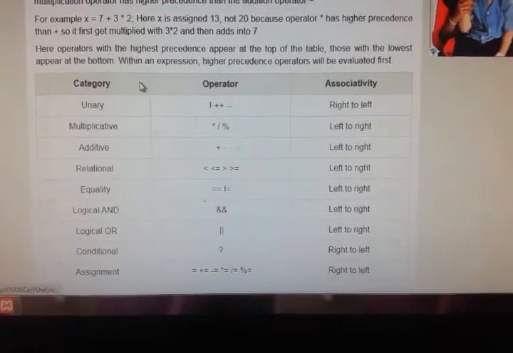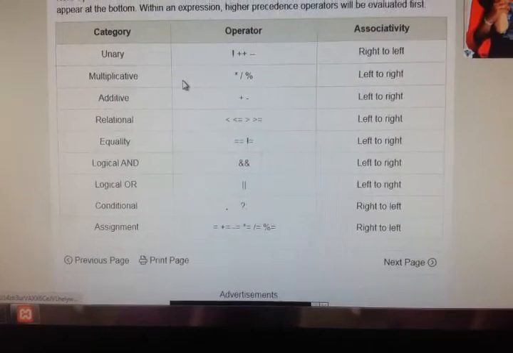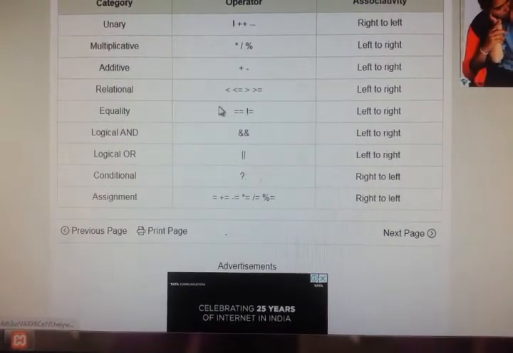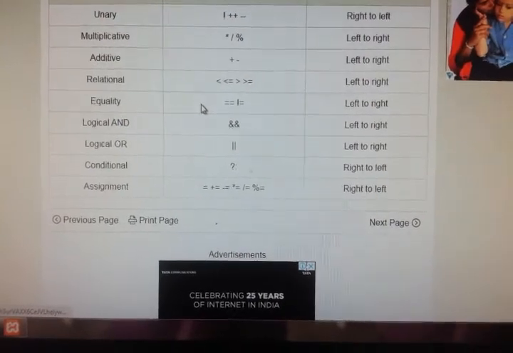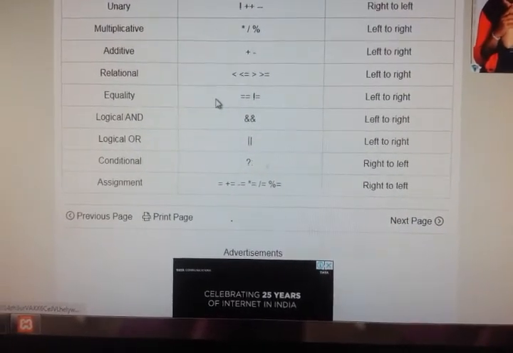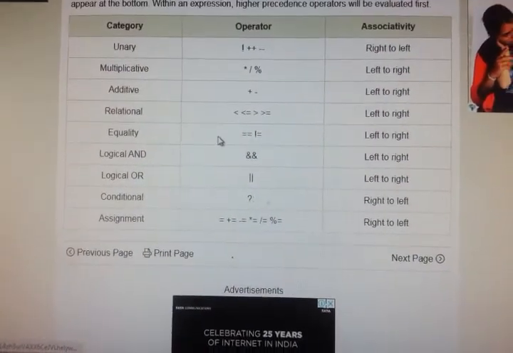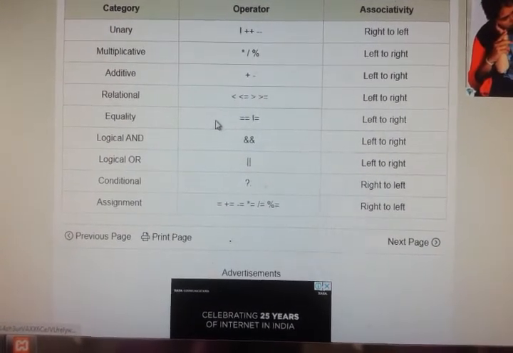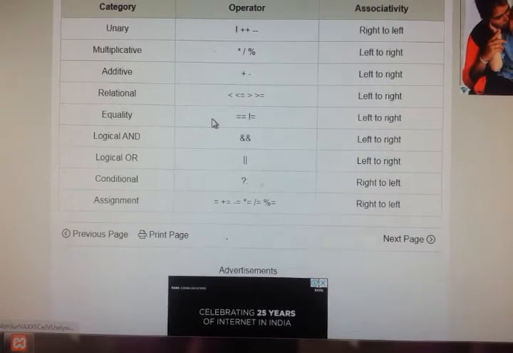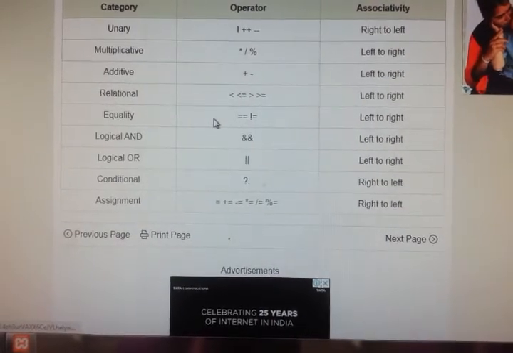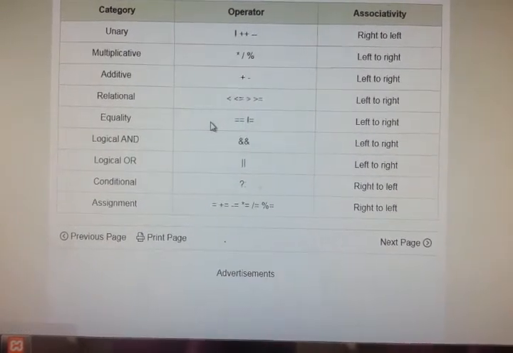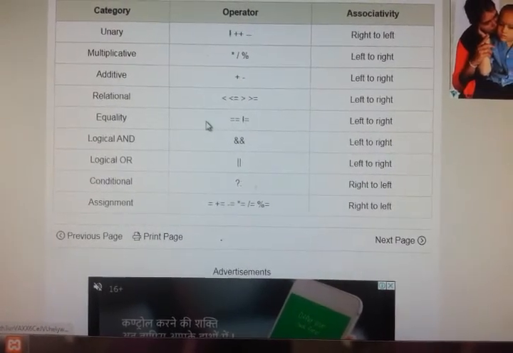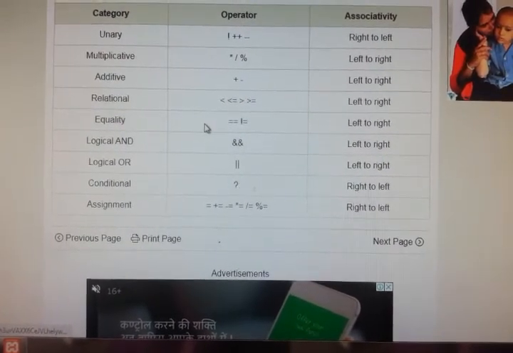If you see the categories we have given, the operators and the associativity of that particular precedence are also shown. In the unary category, that is not, plus plus, the increment operator and decrement operator, the associativity is right to left. That means we have to scan the input from the right and then move to the left.